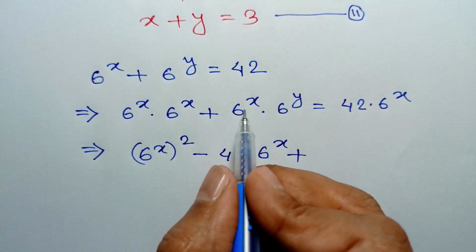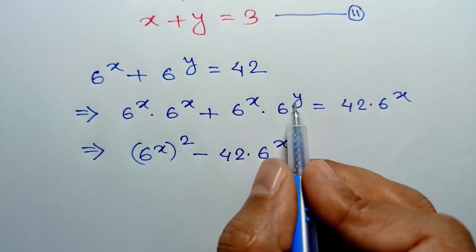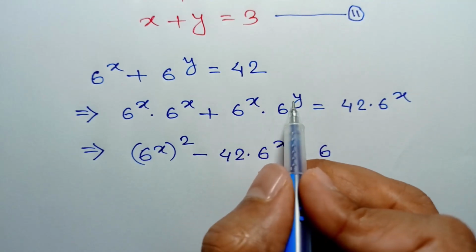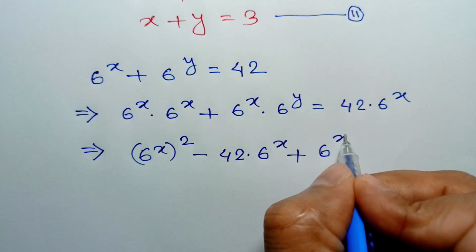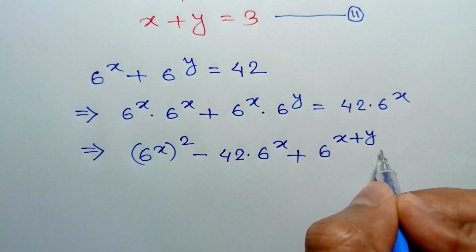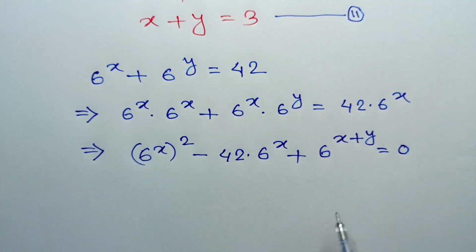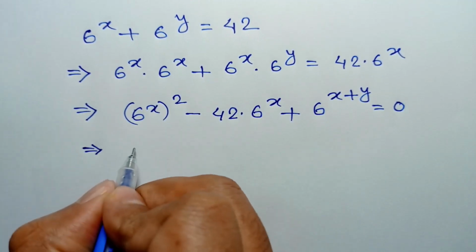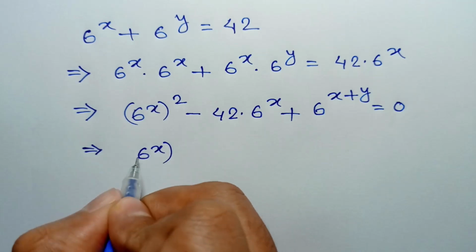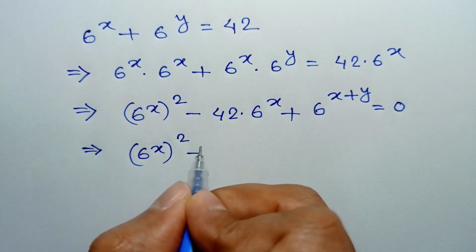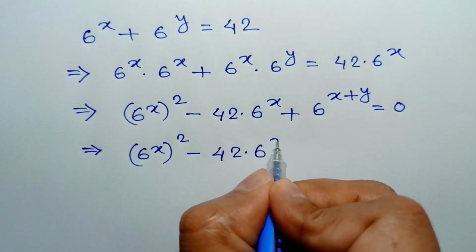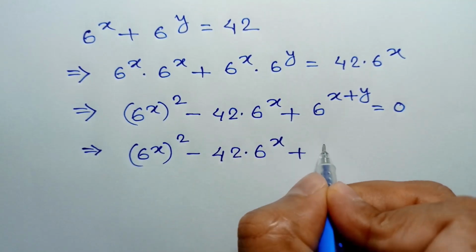Then 6 to the power x times 6 to the power y can be written as 6 to the power x plus y. So x plus y is the exponent, or 6 to the power x whole square minus 42 times 6 to the power x plus 6 to the power